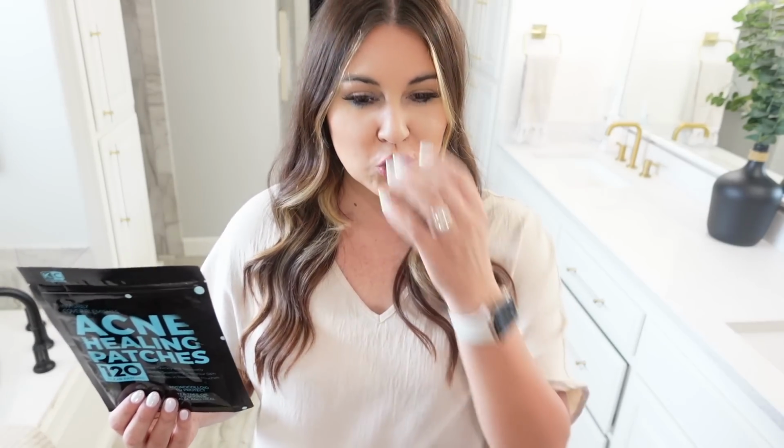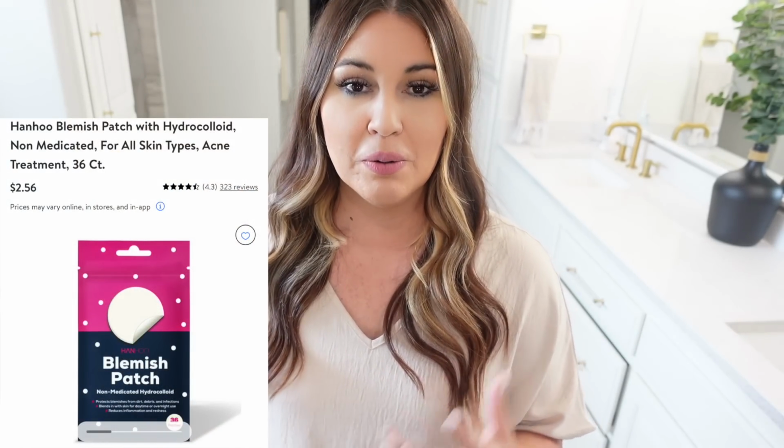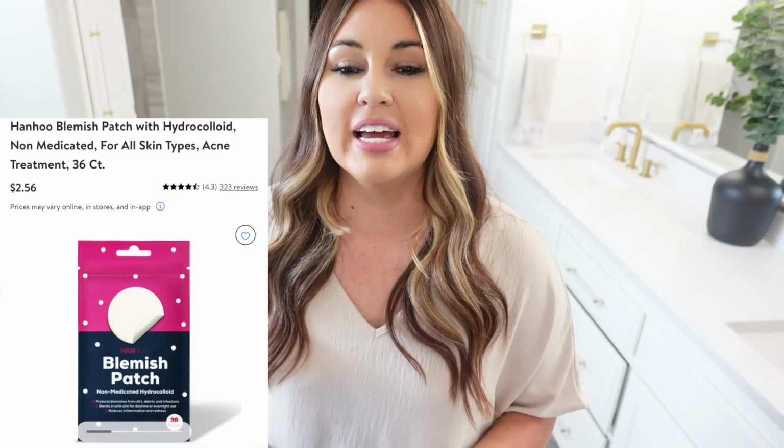Okay, by a show of hands or show of likes, how many people have used a pimple patch? These are like the newest, greatest thing. It took me a while to try them. They're all different brands, so do not get stuck on the brand. You don't have to order this brand. I'll link a few. If you can find the normal great value brand at Walmart, not the extra strength, just the normal one,